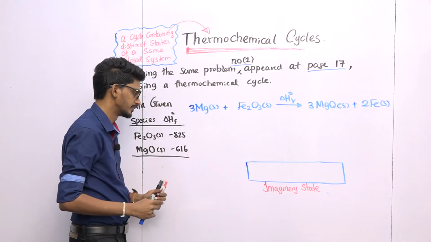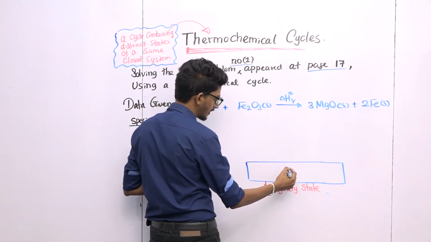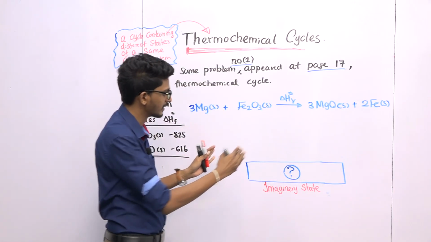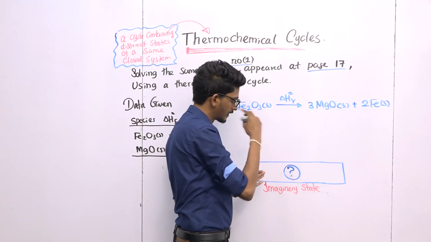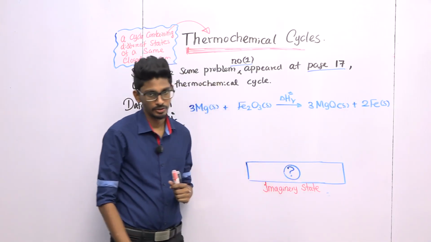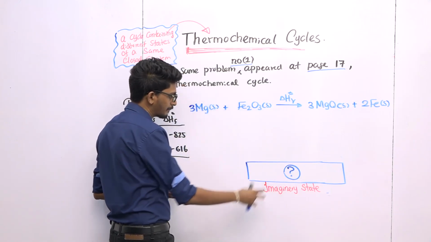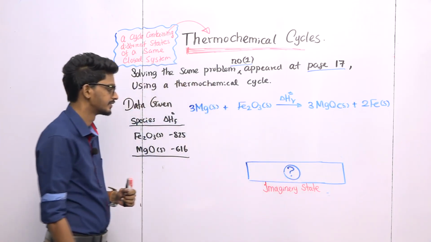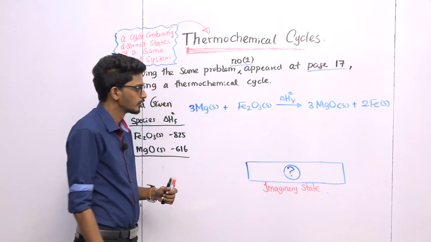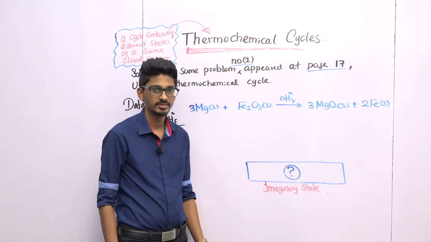So our next problem is what we are supposed to write here at the imaginary state. If we are able to come up with the imaginary state, then we can relate that imaginary state to the other 2 states with the use of arrows and the energies. First of all, we need to come up with the components of this imaginary state, the chemical components. How to come up with this? To decide the components of this imaginary state which we are going to build,